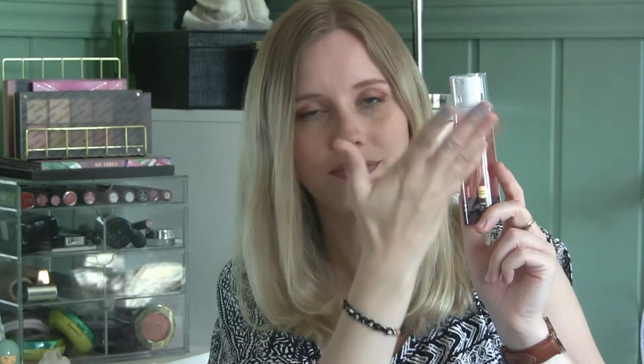I do think it breaks me out, but again, I haven't used it enough to say for sure that it does. I'm not impressed with it. I don't feel like it does anything at all. This might as well be just water. But I just got sucked into this. The whole idea of this product was very intriguing to me. I don't want to throw it out right away because I just purchased it and I really want to make it work, but so far it just hasn't. But I'm going to keep it in there